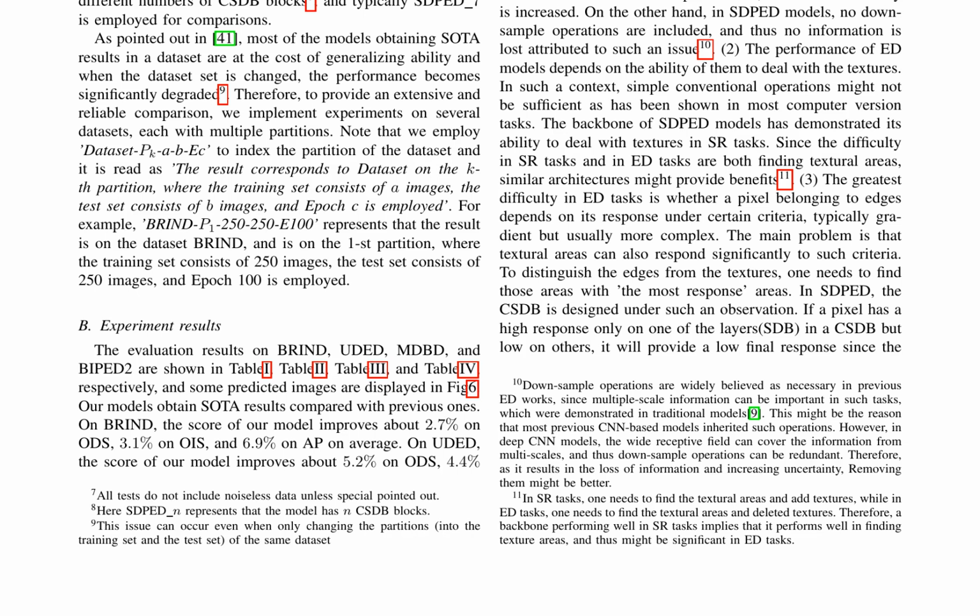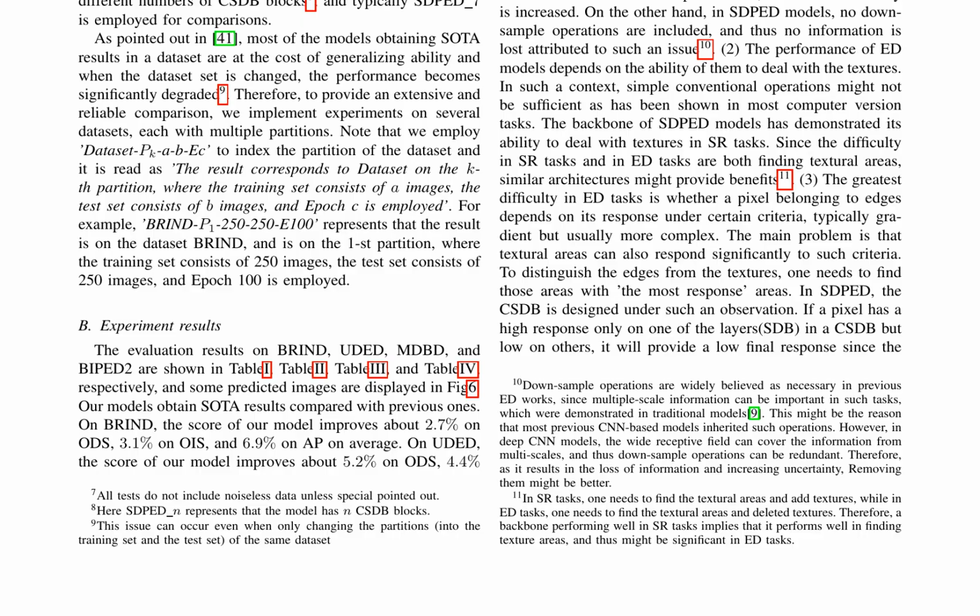The paper emphasizes the significance of preserving information and reducing uncertainty in edge detection tasks. It also highlights the potential benefits of adopting architectures that have proven successful in other computer vision tasks, such as super resolution. By maintaining information and reducing uncertainty, SDPED demonstrates improved performance in edge detection, showcasing the potential of this